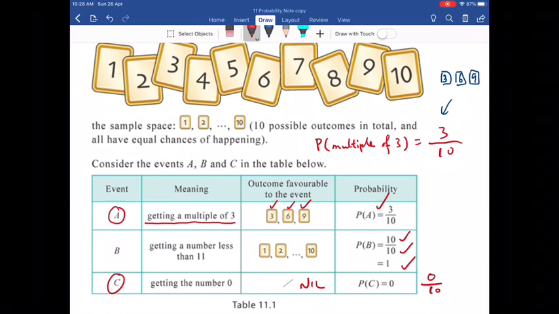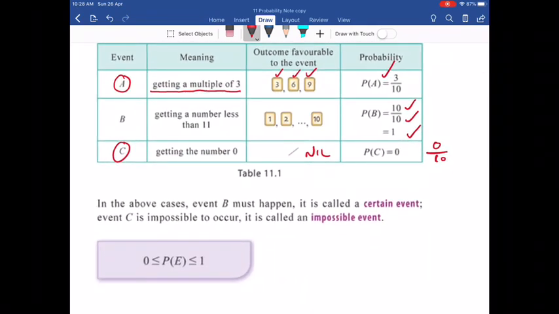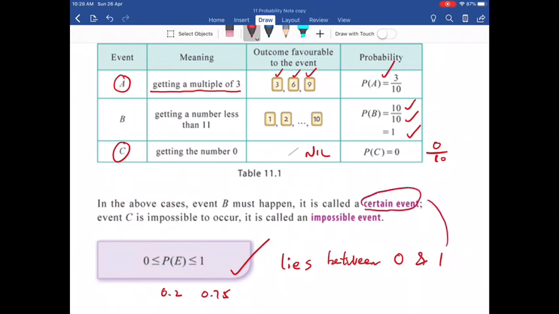From this example, you know that the probability of all events must lie between 0 and 1. That is 0.2, 0.785, something like that. It must not be greater than 1, and it must not be negative. So for some events, certain events have probability 1, impossible events have